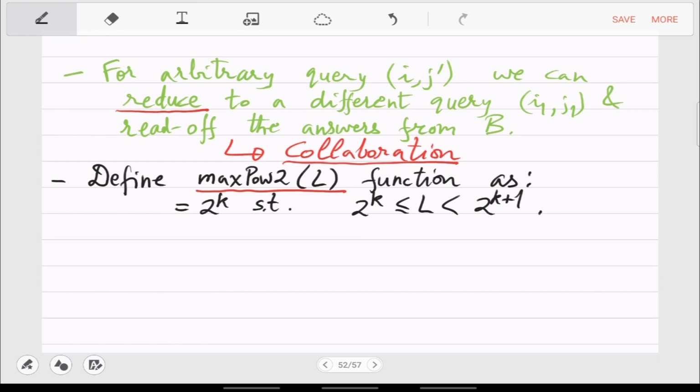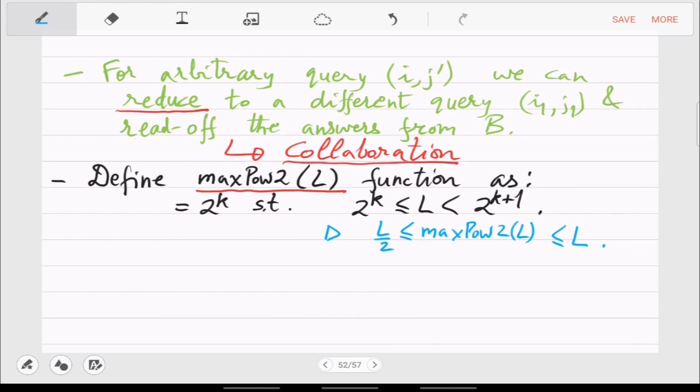You can observe from the definition itself that this max power of 2 of L will be at least L by 2 and at most L. It's in that range, right?